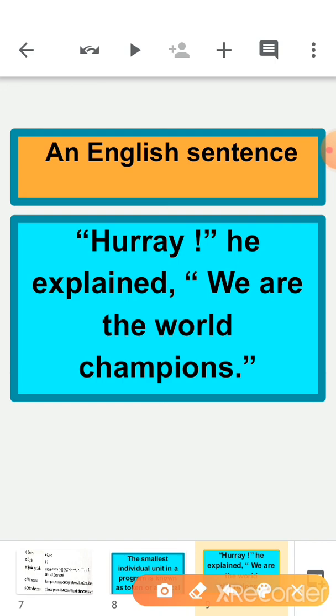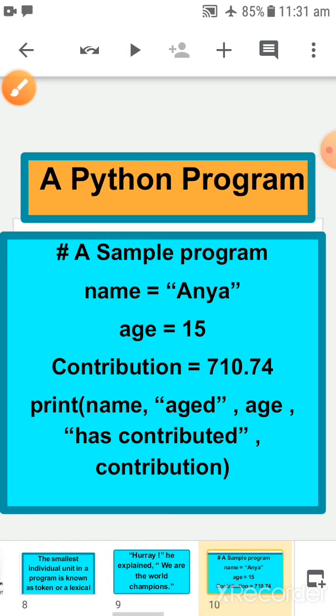See, if you notice, this exclamatory sign is there, these underscores are there, quotes are there. Now you are able to understand what is a noun here, what are symbols here, what are punctuators here. With the help of these things, this English sentence is formed. Okay, you are getting my point. In the same manner, children, Python also has a character set in which each and everything represents something.